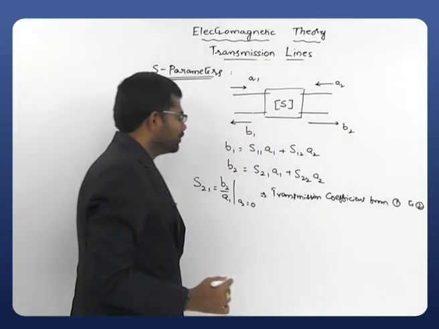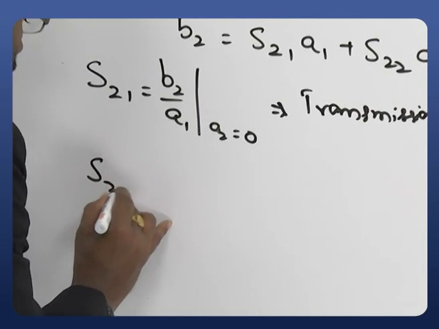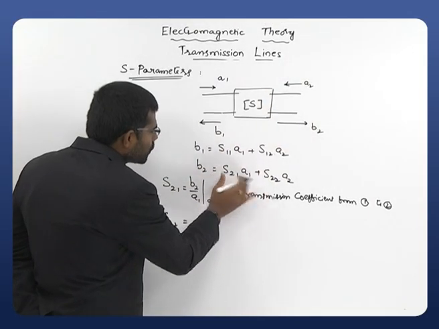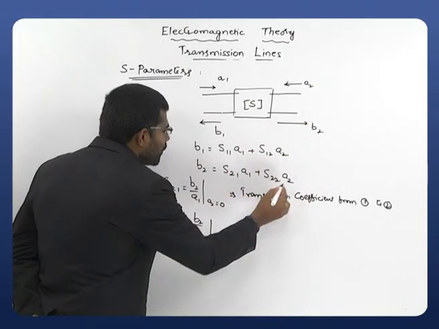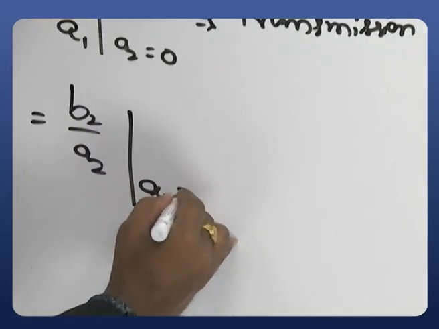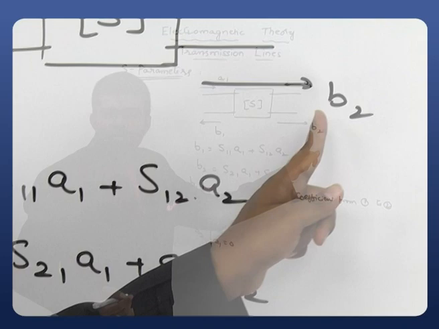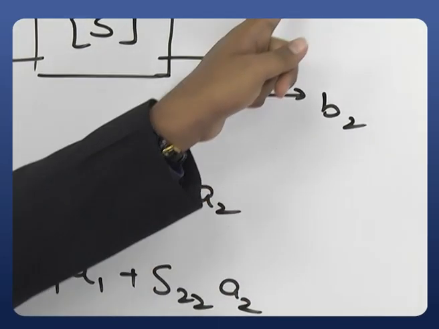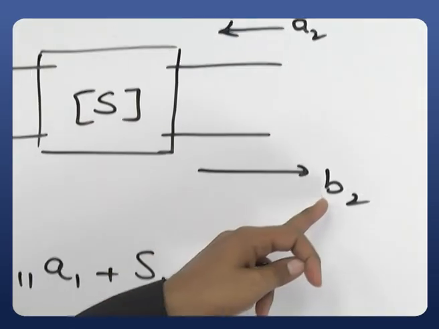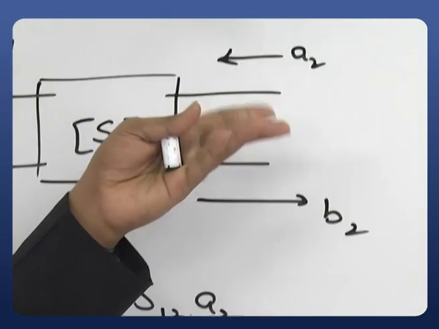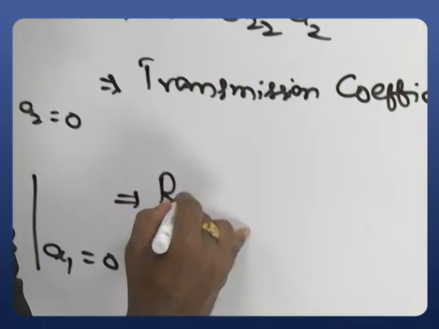From 1 to 2. Now just observe S22. S22 is equal to B2 by A2, yet A1 is equal to 0. What do you mean by B2 by A2? B2 is the scattered power at port 2, right? A2 is the applied power at port 2. So the reflected power to the applied power is once again a reflection coefficient. So this can be taken as the reflection coefficient